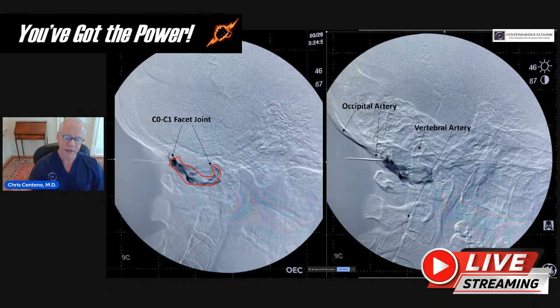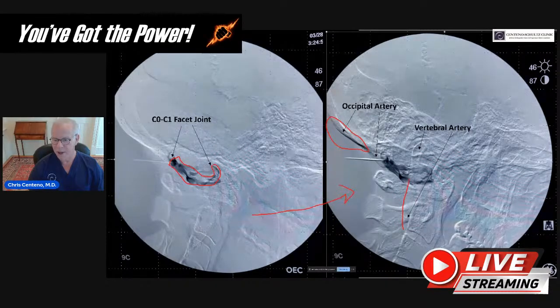So that's an indication for me to turn on digital subtraction angiography, which I did, and then I injected more contrast. And we see here this dark rim here, which is the occipital artery, but we also see something else. We see the vertebral artery getting outlined, which basically means it has just some contrast going into it. And this is where I can't be. I can't inject into that artery